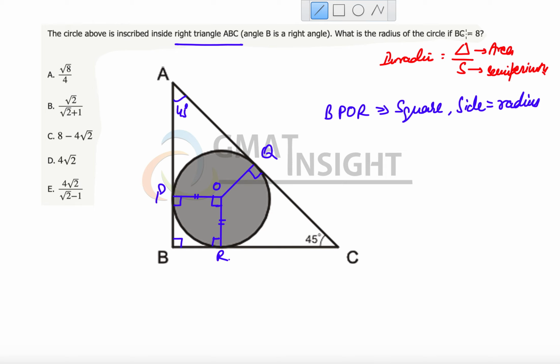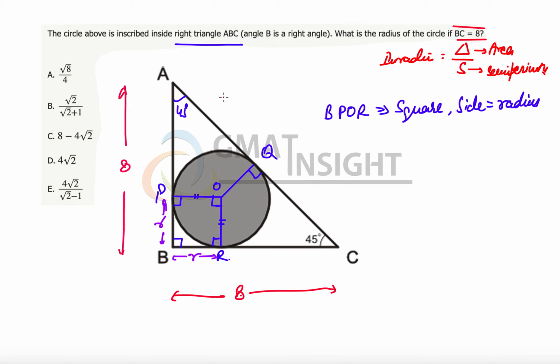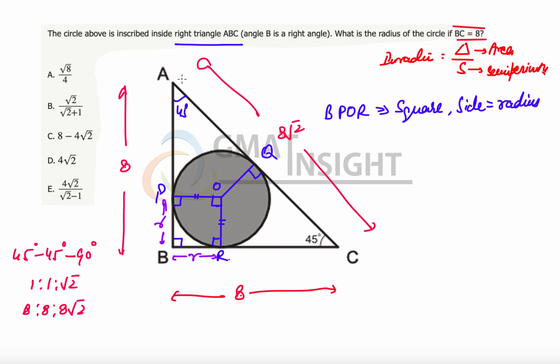Another piece of information here is that BC is equal to 8. So we are going to utilize this, and I am marking this length BC as 8 units. We need to find the radius, so let me mark that radius by a variable R here. So this distance is R and this distance will also be R. Since BC is 8, the other length AB will also be 8. In that case the length of AC will be 8 square root of 2, because it's an isosceles right triangle in which the angles are 45, 45, 90 degrees. In that kind of triangle, the ratio of the sides is 1, 1, root 2. If the two sides are 8, 8, the third side, the hypotenuse, will be 8 root 2.